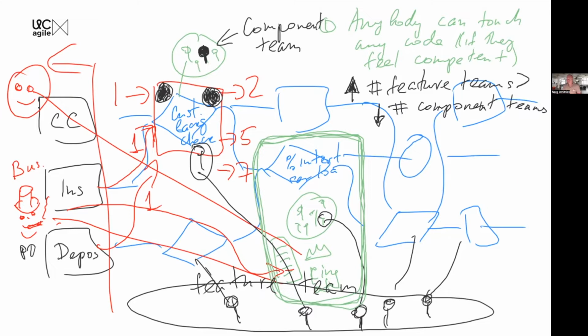In a traditional environment, very often I see a lot of component teams, very few feature teams. In a true Scrum environment, I want this to be different: more feature teams, fewer component teams. Why? Because we already discussed it. The biggest problem with component teams, apart from queues and apart from them knowing only their piece of the code,